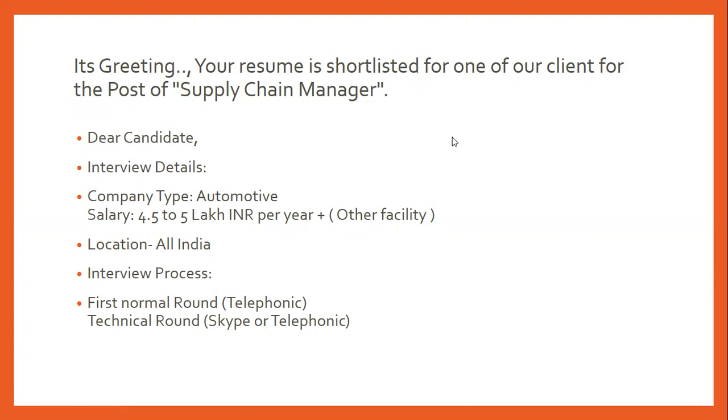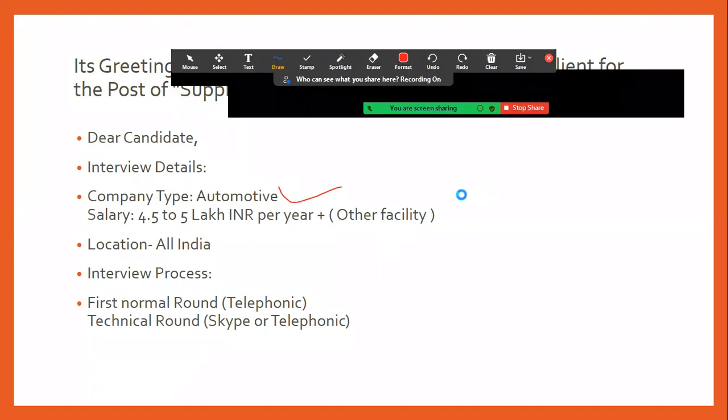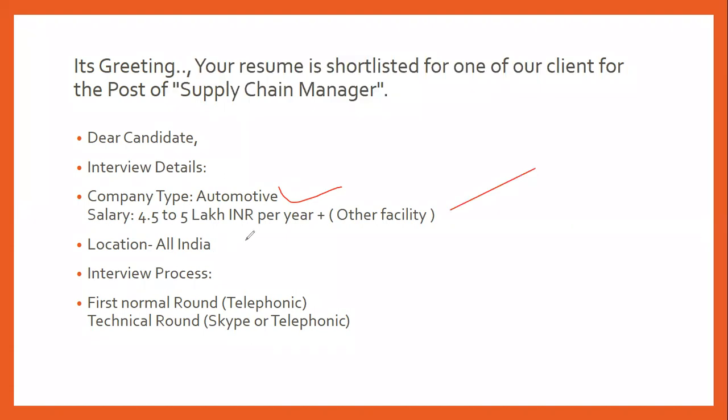Okay, so the company type is automobile. So we can understand there is an automobile company. We have to maintain the inventory of the parts and we can say the components of the machines like that. Okay, and the salary package is 4.5 to 5 lakhs in INR. Another facility also, and locations